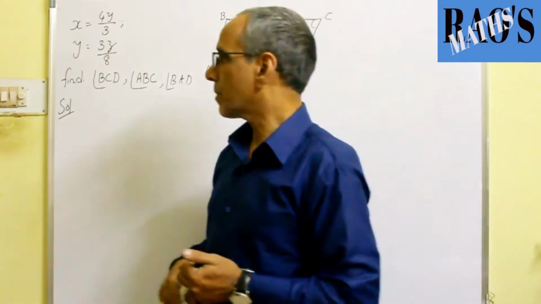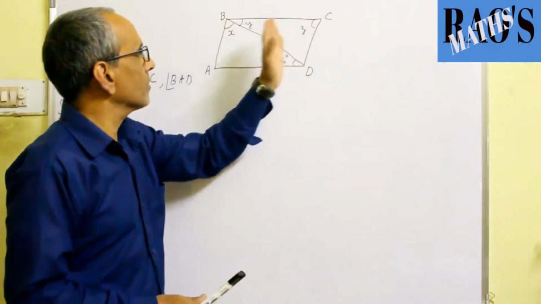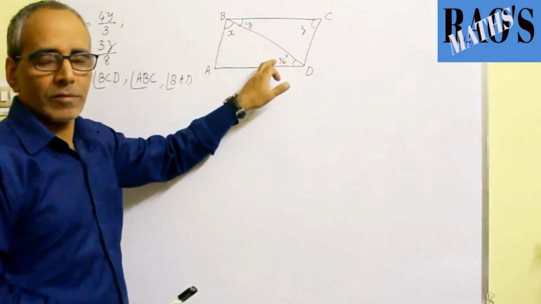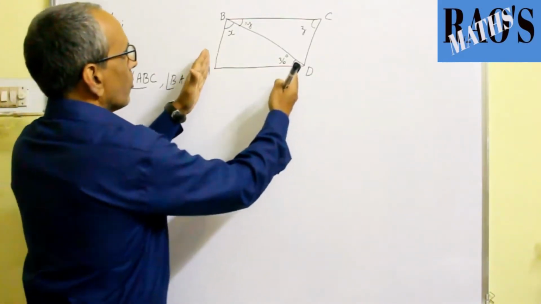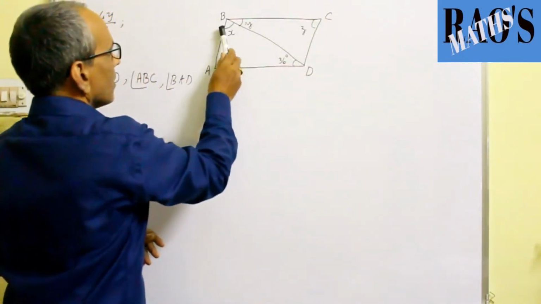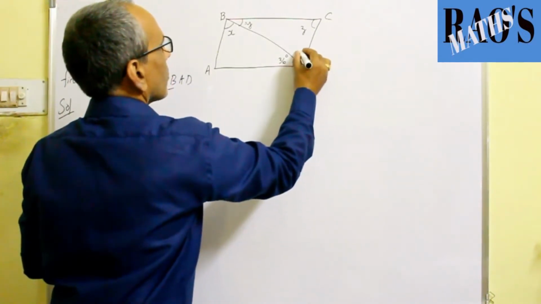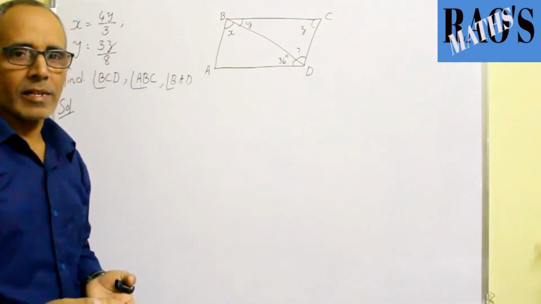If you are familiar with the angles made by the transversal in parallel lines, we can easily solve this. See, when I take these two parallel lines, it is a transversal. Y and 36 form interior alternate angles and are equal. If I take these two parallel lines, this x and what I mark here, the question mark, is also x, because they also form interior alternate angles.